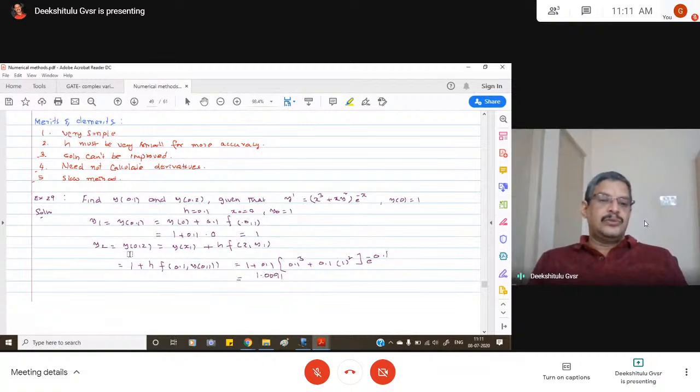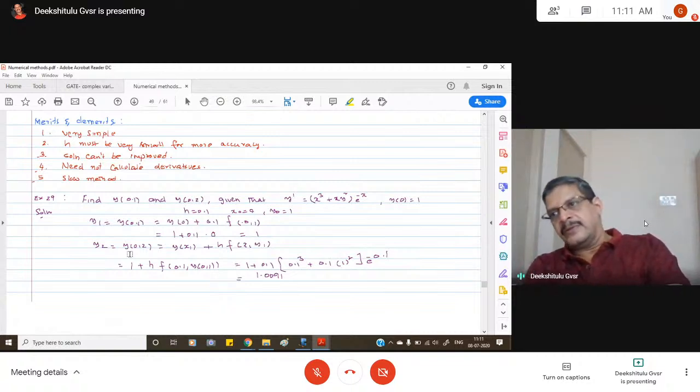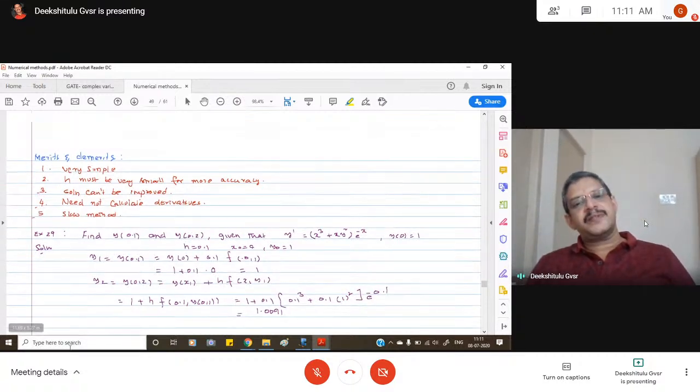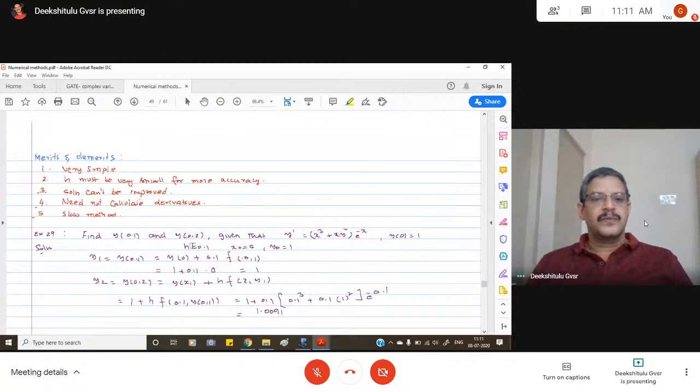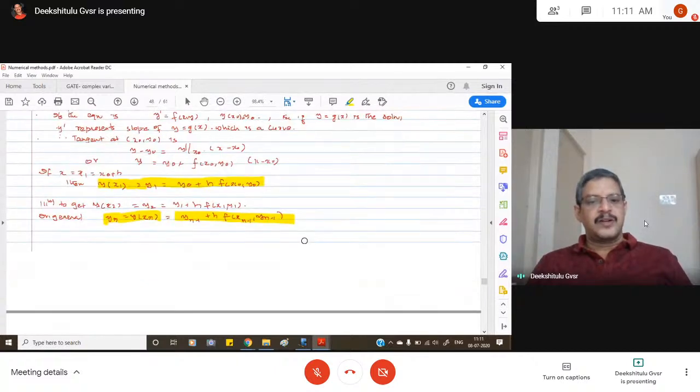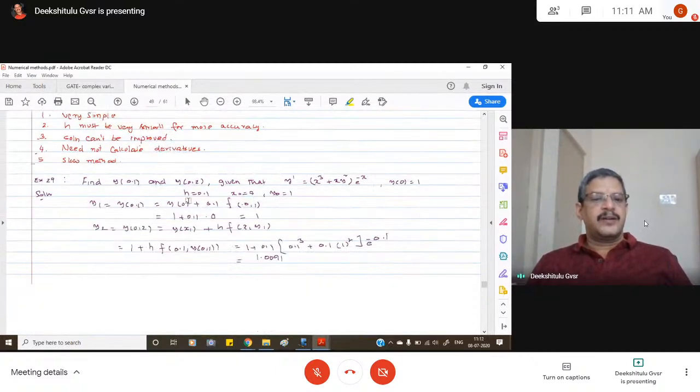Let us say solution problems. Find y at 0.1 and y at 0.2, given that y dash is equal to x cube plus x y square into e power minus x, given that y at 0 is equal to 1. So y at x1, we call y1, is y naught plus h into f of x naught, y naught. So y at 0.1 is y naught